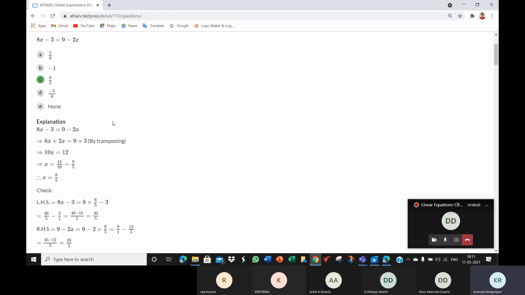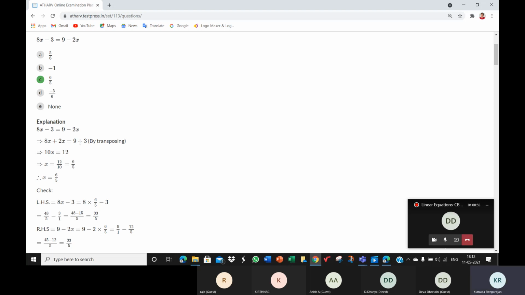That procedure which we adopted to solve for x can be used only when the equation is very simple. Simple meaning there is this variable x or y only in one place, only in one term in the LHS or RHS. When that variable is in many places, see here, there is 8x in the LHS, and x is with 2 also in the RHS, 2x. So that procedure becomes tedious. So how do we solve for x?